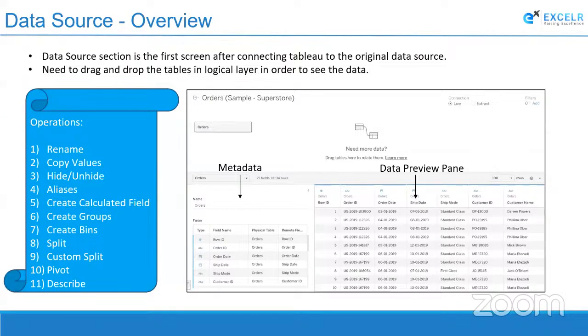Grouping, in a sense, I want to group all the states of the East as an East region, West as West region, and so on. I can create groups and bins. So what is the difference between group and bins? Groups, you can